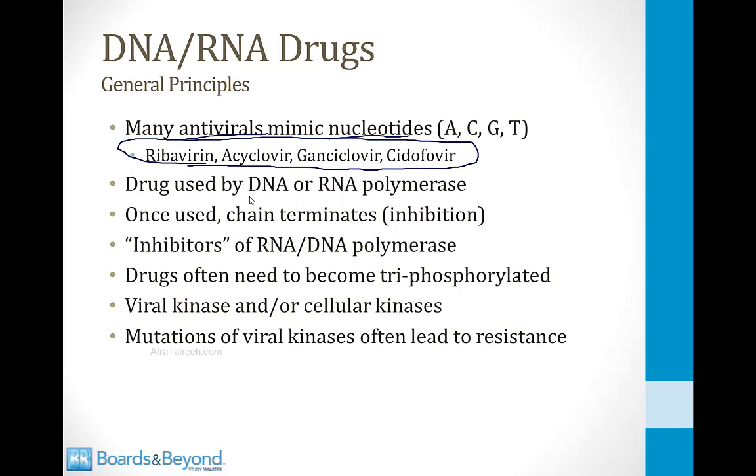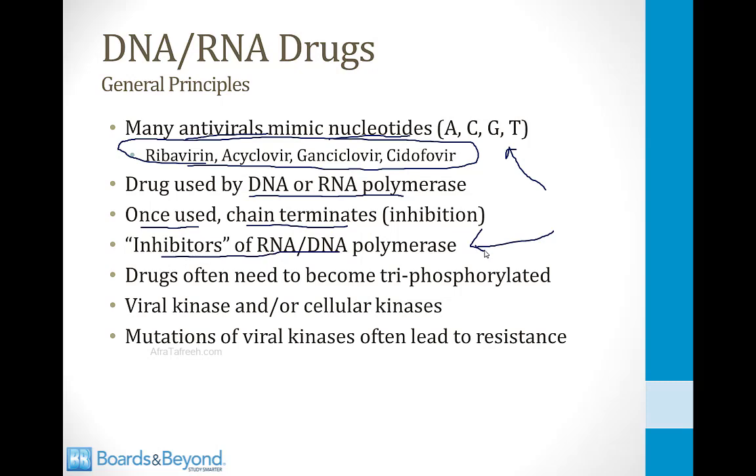The drug gets used by DNA or RNA by mistake. It wants to use a nucleotide, but instead it uses the drug, which looks like a nucleotide. And once the drug is incorporated into the growing DNA or RNA chain, the chain terminates. So they're described as inhibitors of RNA or DNA polymerase, but it's important that you understand the mechanism by which